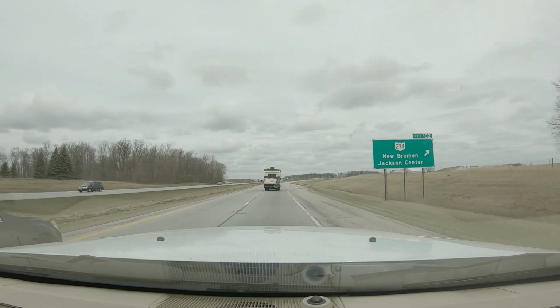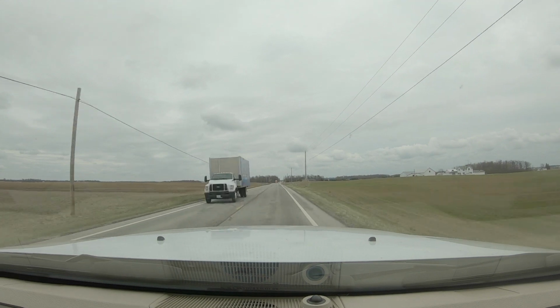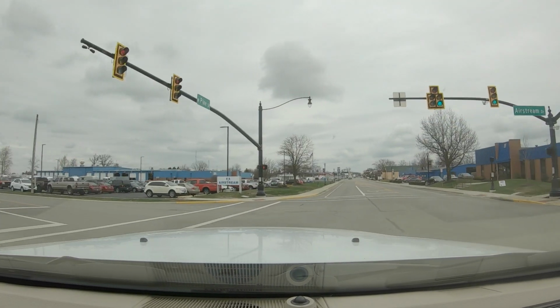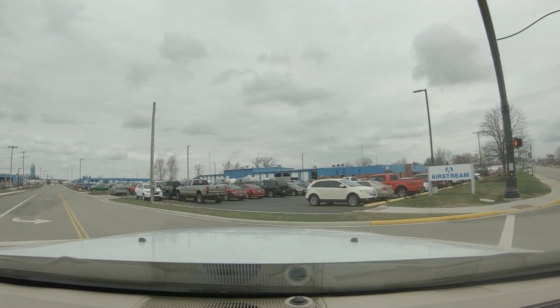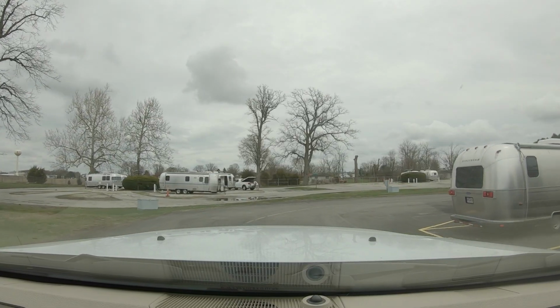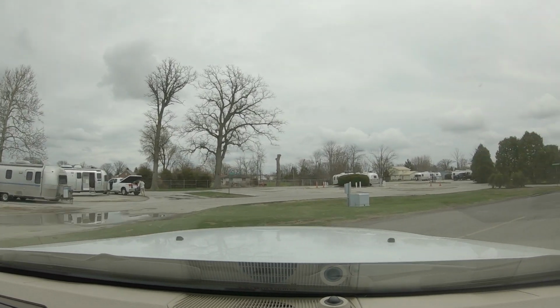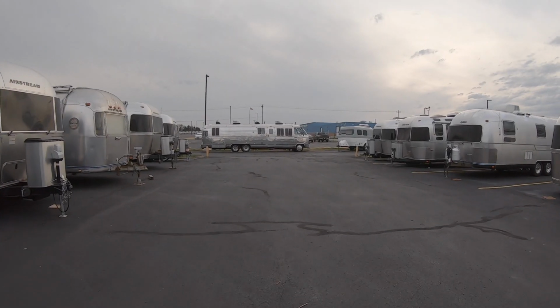Jackson Center, Ohio, home of Airstream, was my main destination in Ohio. It is close to Dayton, Ohio, and the Neil Armstrong Museum was only about 15 miles up the road from the factory. There's not much in Jackson Center other than the Airstream factory, but the factory does offer a free